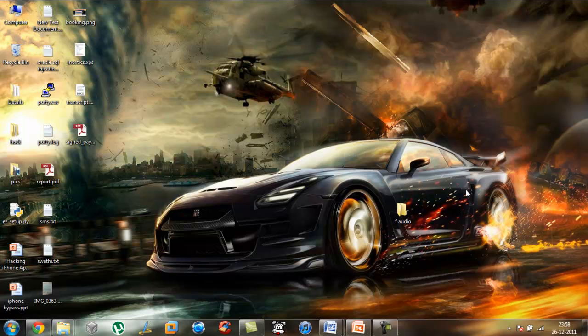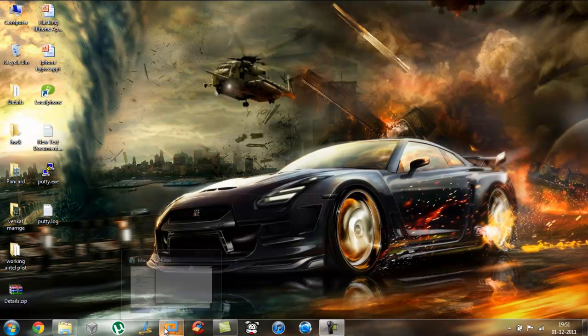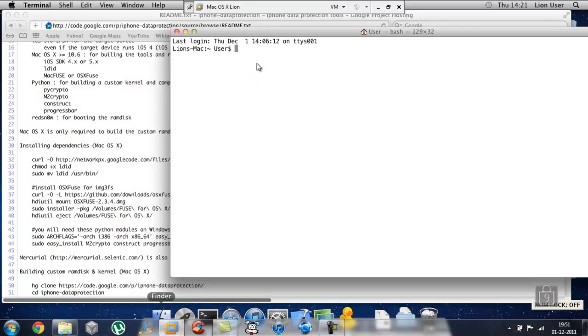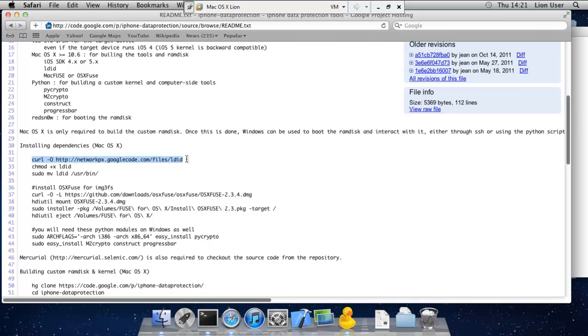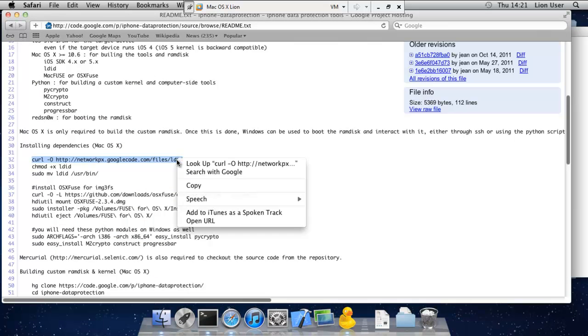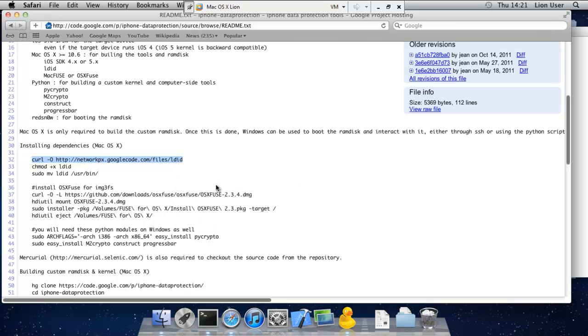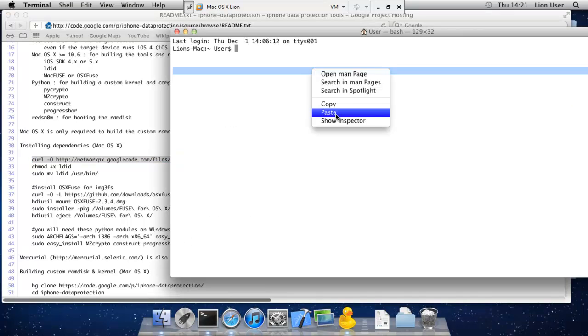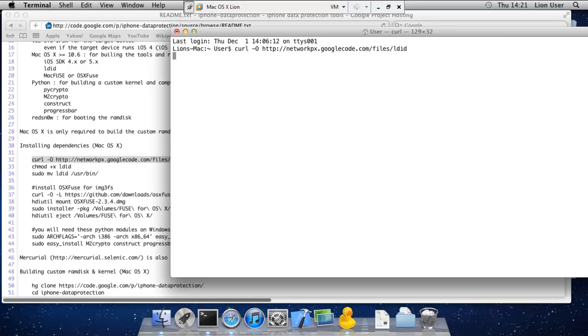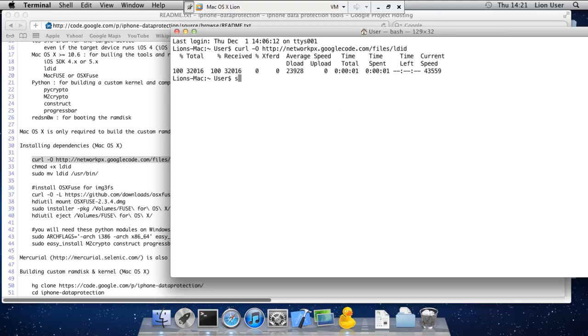The forensic toolkit which is released by Sogeti is only available for Mac OS X. So I am going to use OS X on my VMware for this video. In order to run their toolkit, first we have to install a few dependencies. Sogeti researchers prepared a very good readme file by listing all the commands to run the forensic toolkit. I am going to open the readme file and copy paste those commands on the OS X terminal.